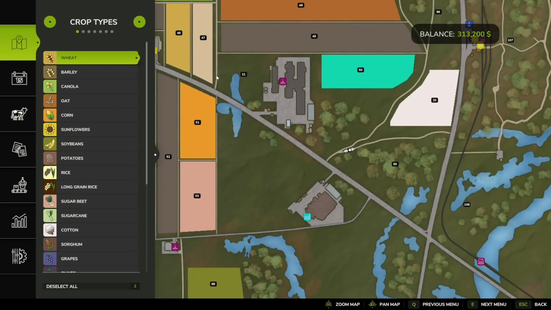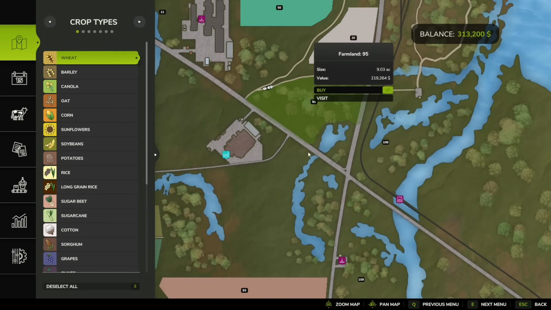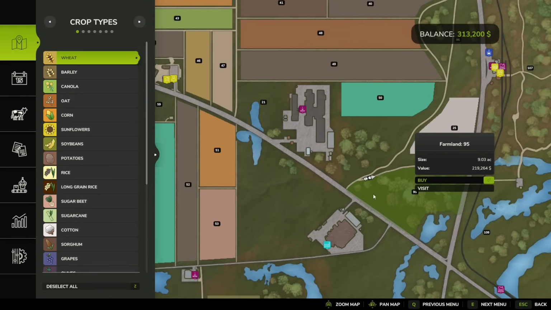So, all right, let's look at the map, guys. I have decided to start on field 95 here for a few reasons. It's going to have some trees, so we'll start with processing trees and building our construction company. It's on the main road, so it makes sense to build it on a very public road, and we'll set up a storefront where we'll be selling various products, including wood,